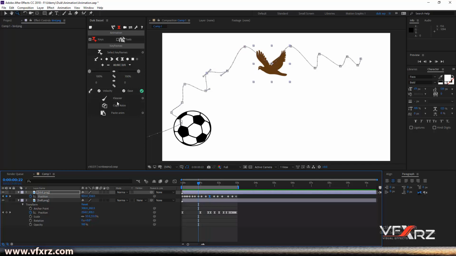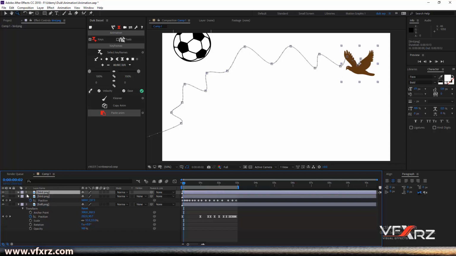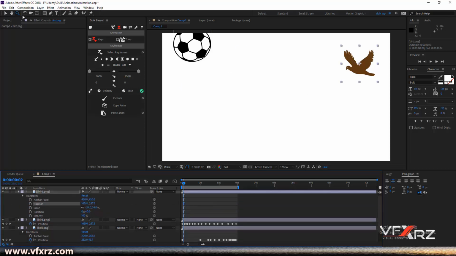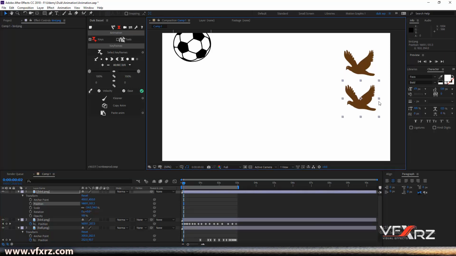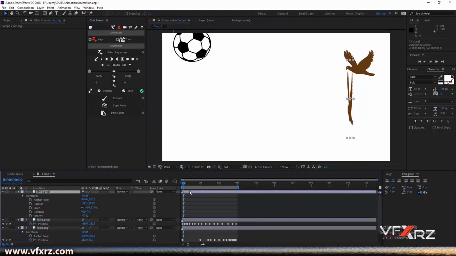And here we have 3 buttons: cleaner, copy animation, and paste animation. First, I'm going to duplicate this layer, and from here turn off these keyframes, drag it to here, okay. Now you can select this position, and as we can see it selects all keyframes. And now when you click on copy animation, it copies all these keyframes. And now when we select this layer, and after that click on paste animation here,